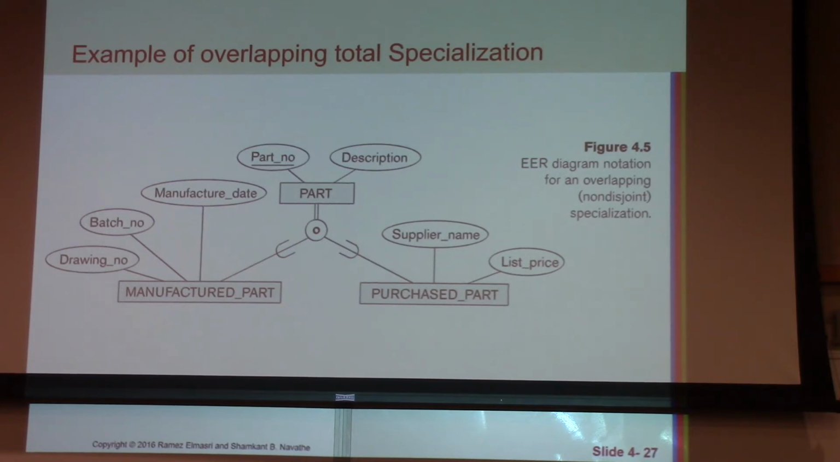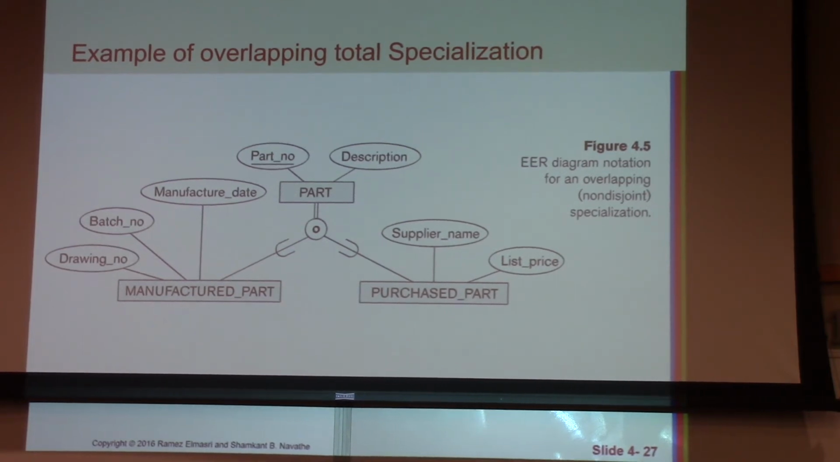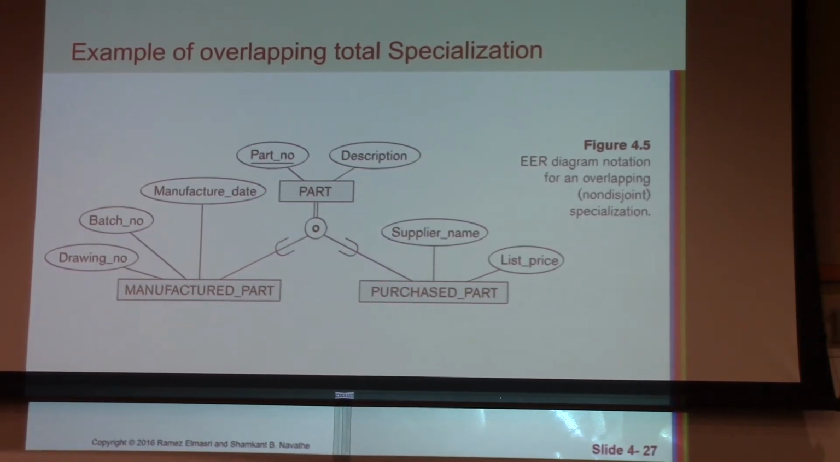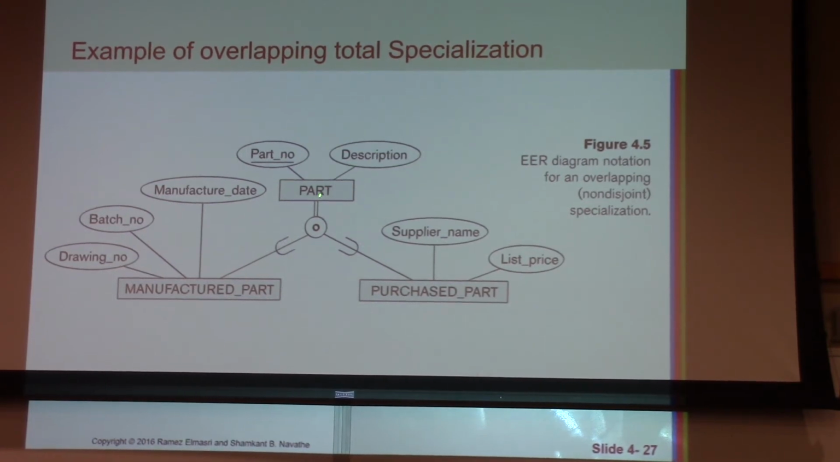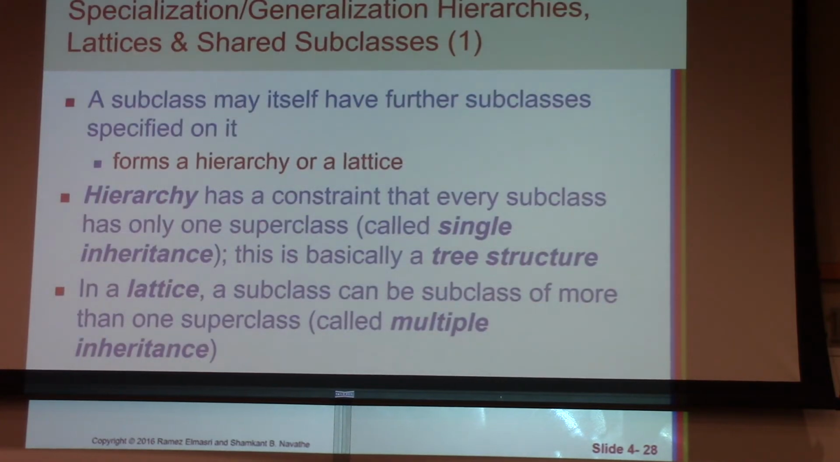That makes sense. So I have a part. This is manufactured, not out of the market, and also I purchase that part. What about a part which is not manufactured and not purchased? Is it possible? No. It should be at least one of these. Okay. Then, at that time,